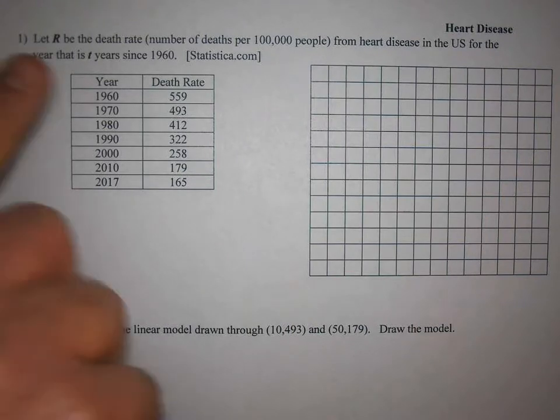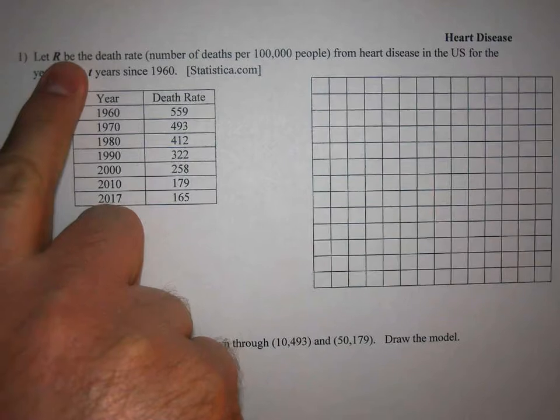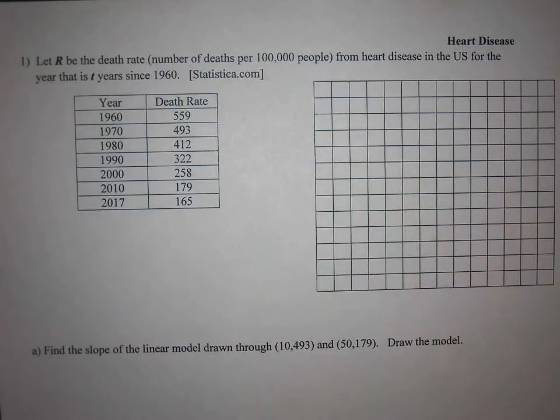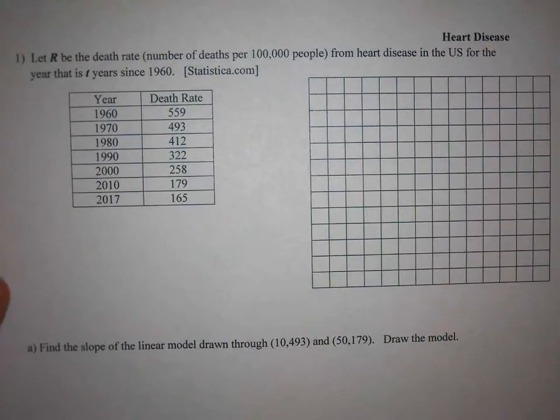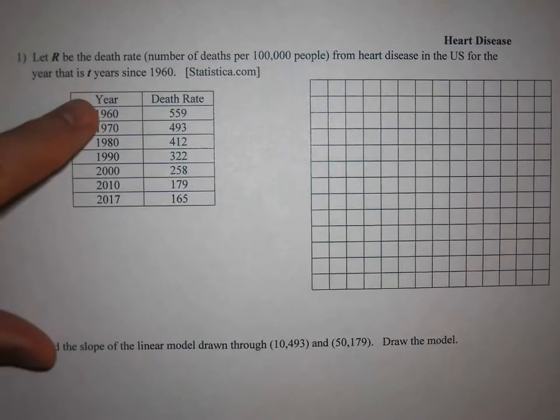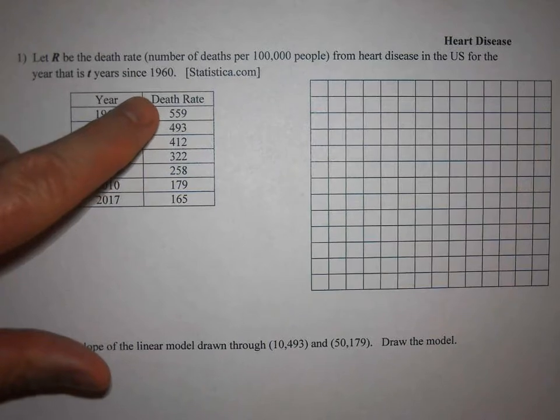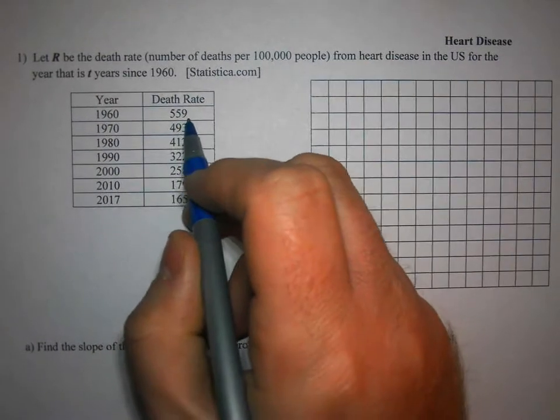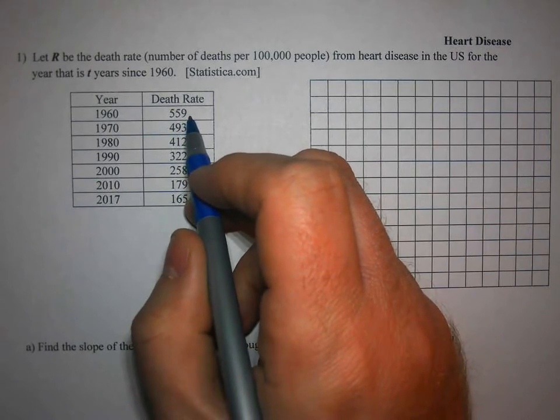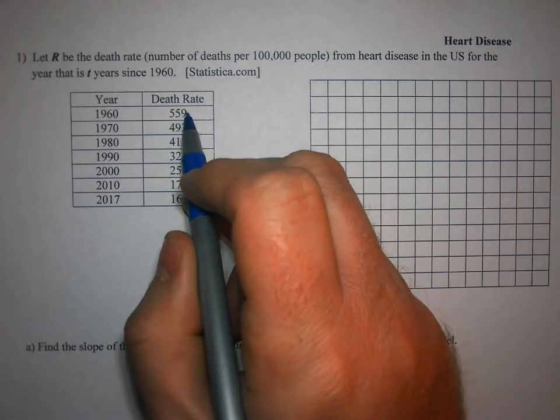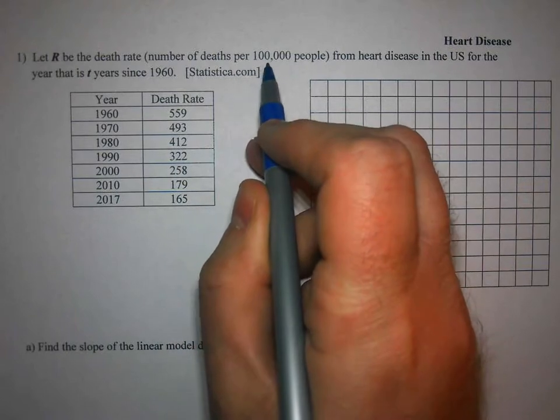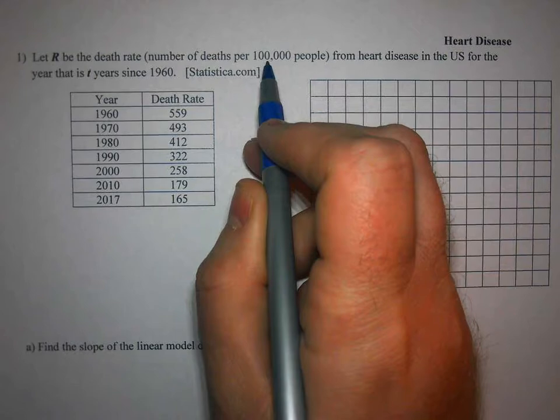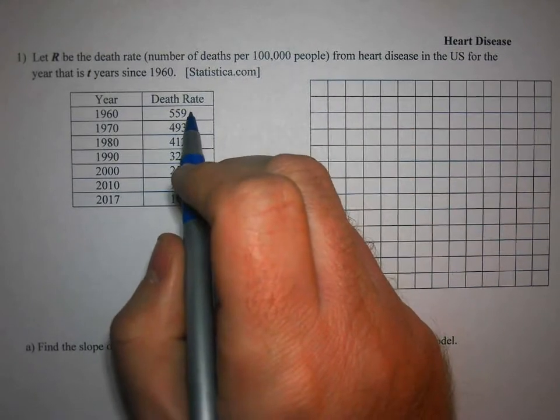So they tell you, let R be the death rate, the number of deaths per 100,000 people from heart disease in the US for the year that is T years since 1960. In 1960, the death rate was 559. So the way you interpret that is, not that 559 people died due to heart disease, there were 559 deaths for every 100,000 people. So if there were only 100,000 people in the US, then you would expect 559 deaths